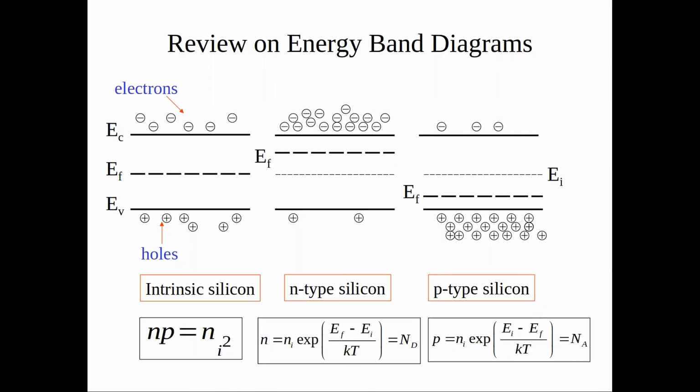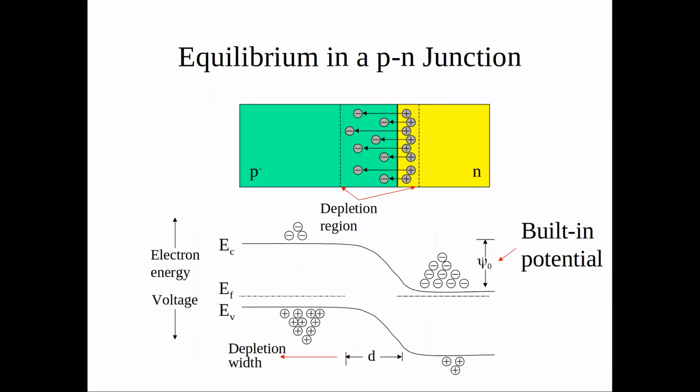Okay. So if we go here, when we put these two things together, and if we just look at it from the energy band diagram, we align the valence and conduction bands. You'll see that there will be basically a difference in concentration of mobile charges. The N-type material has more electrons, and the P-type material has more holes. And if we put them together, this difference of concentration leads to the creation of a depletion region, because of electrostatics, right? All of the plus charges,